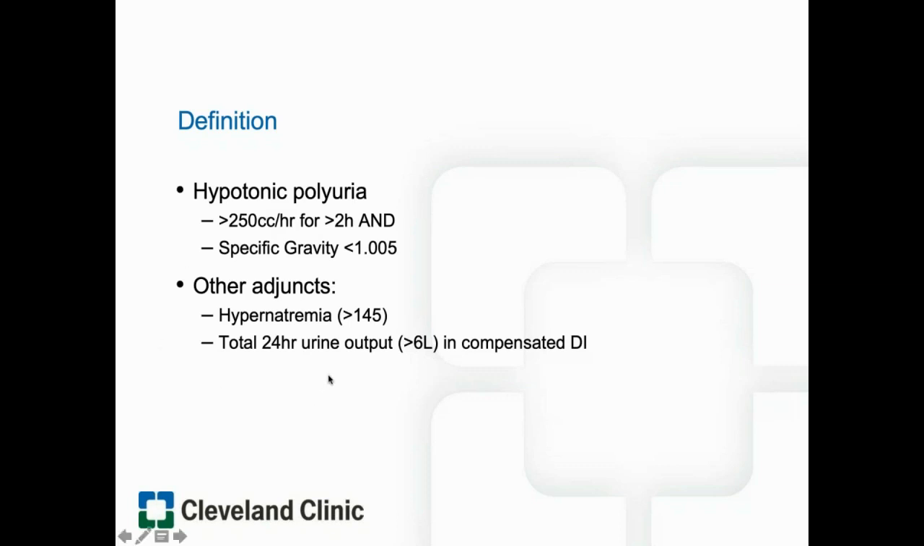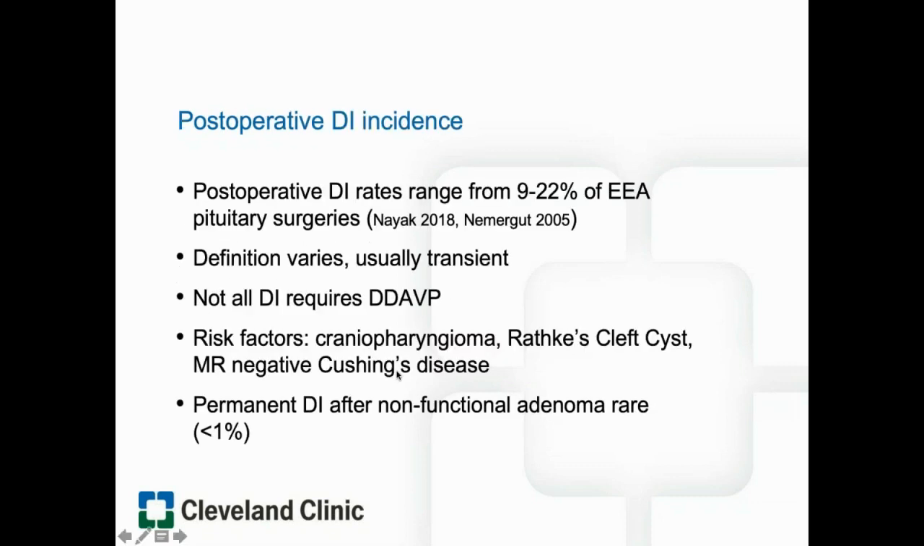We do look at other adjuncts when we're assessing for diabetes insipidus. Of course, we want to look at the sodium level, and we also look at the total urine output over the course of 24 hours as well. The incidence of postoperative diabetes insipidus can vary depending on your definition. If we look at those generous definitions where we just look at 250 cc's an hour for 2 hours, the rate may be upwards of 25%. If we look at just using the definition of who actually needs medication or fluid boluses to treat it, that may be down to 5 to